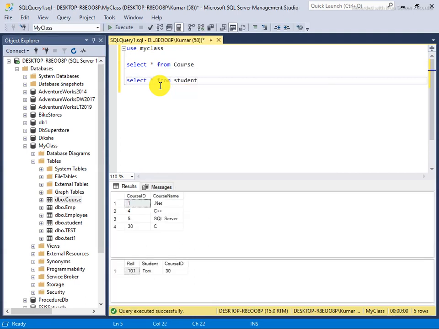I run both queries, and this is my table. Already I had applied foreign key and primary key, so I will drop these tables and create them from the initial level.